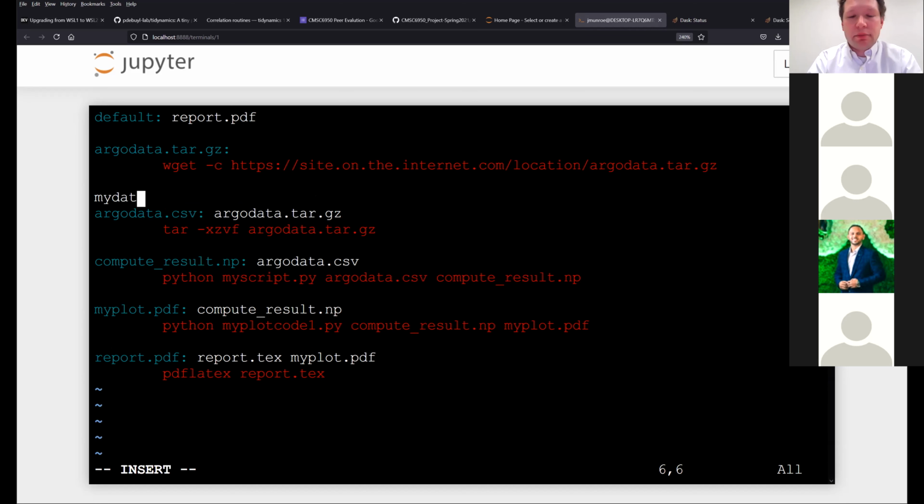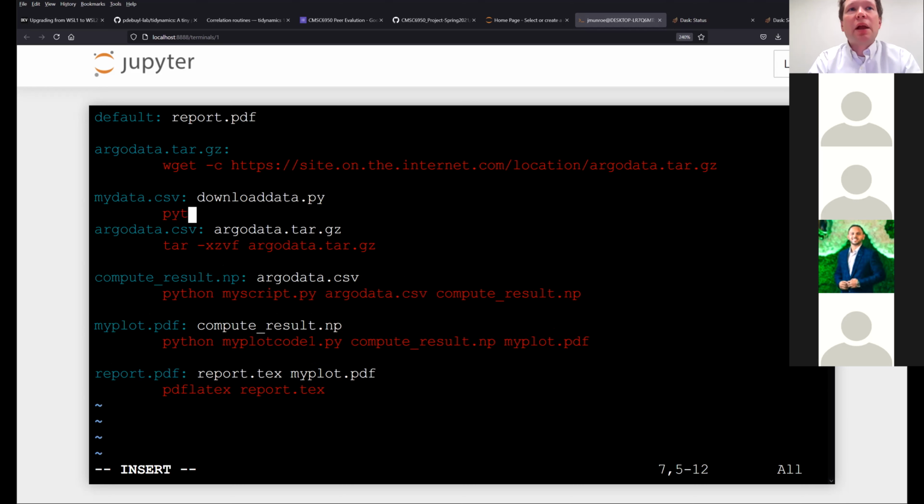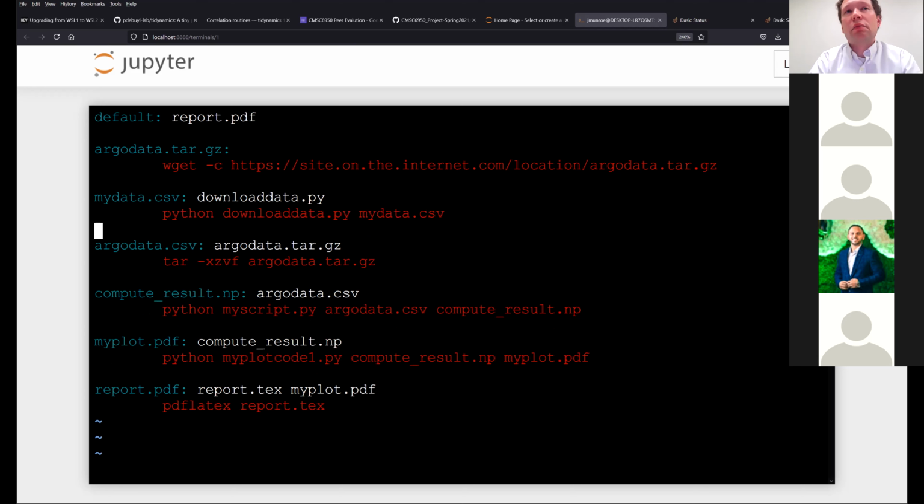So let me say my data.csv. Okay, well, my download_data.py, right? That could be the dependency. And then you might run download_data.py, my_data.csv, or however you've written it, right? So you put a script that goes and uses some URL or whatever to download some data. Okay, I got it. So I need a separate script for the data as well, right? But if it is just a URL,